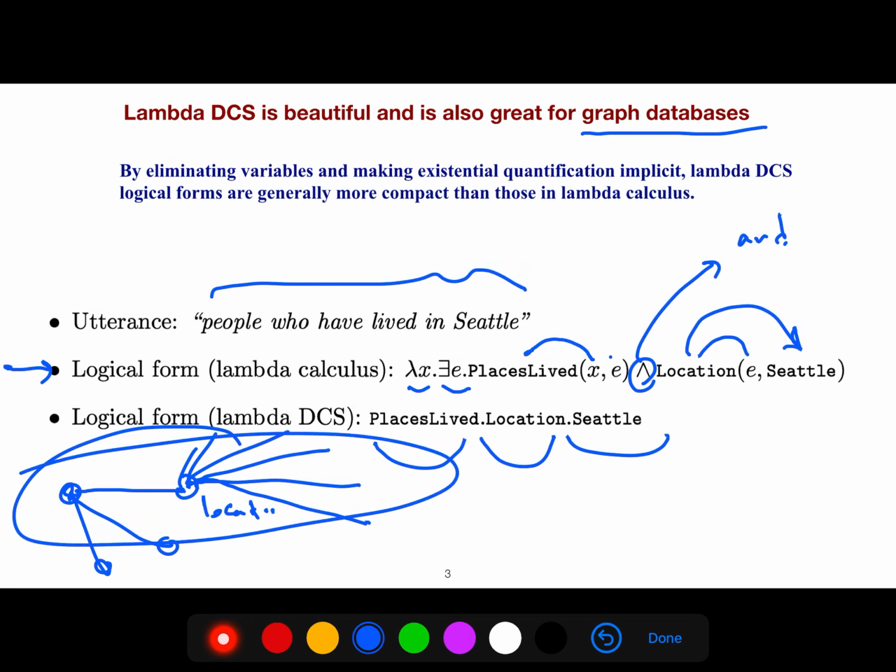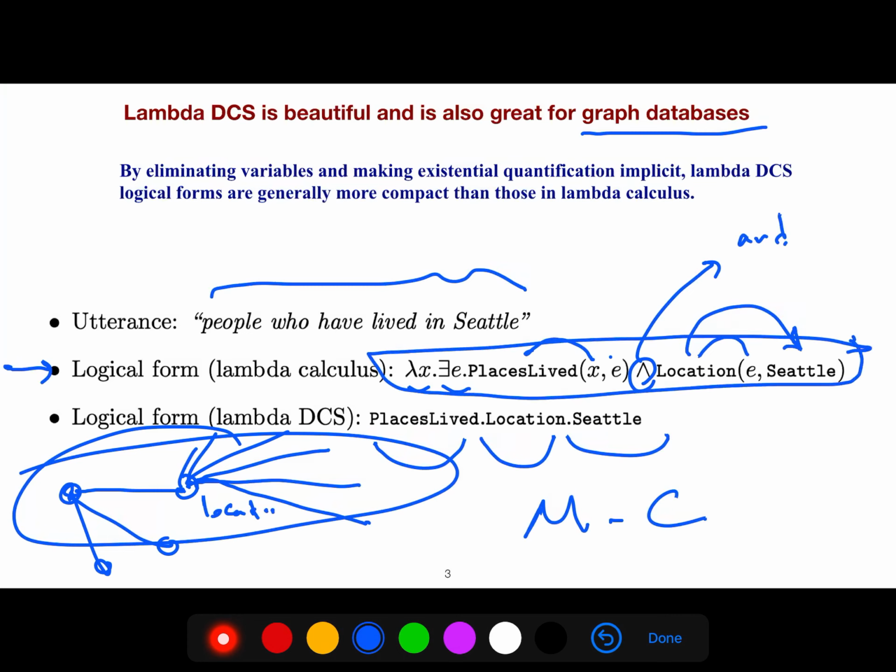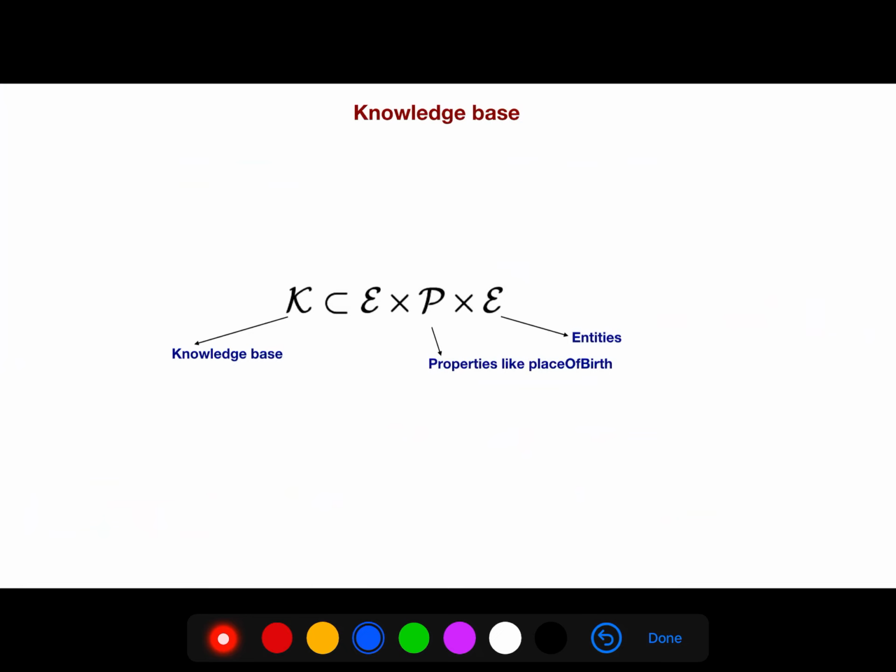Because if you look at this graph, whenever I see a graph, I see the beauty of Markov chains. I see the beauty of Markov chain Monte Carlo. I see the beauty of convergence to a stationary distribution. So I understand it. But if you give me this, I'm not a machine. I don't appreciate this. Maybe your machine appreciates this.